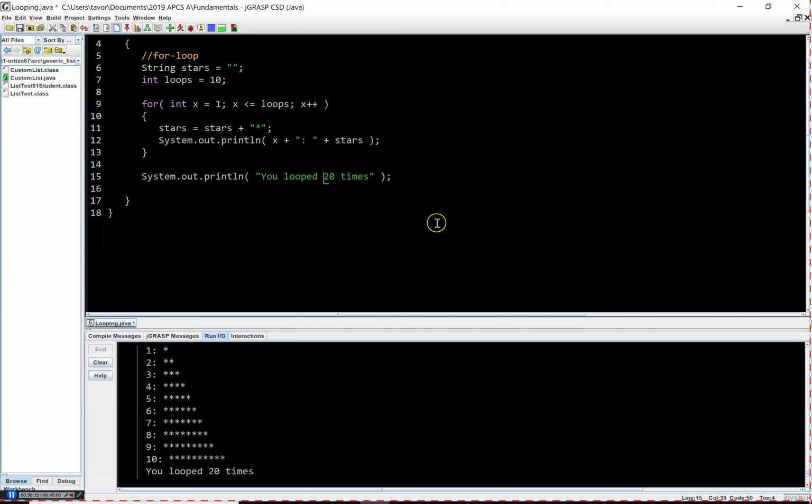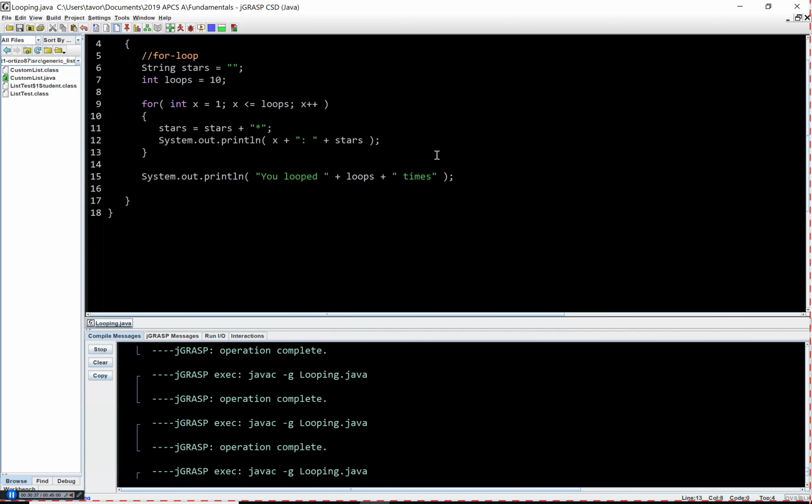And then I would come into my print statement and I would terminate my string and then do plus loops plus, and I would delete the 20 and I would put the space and "times." So I'm printing the string "you looped" plus whatever loops is plus the string "times." Now if I compile and I run,